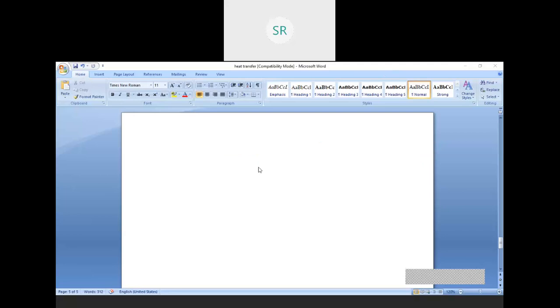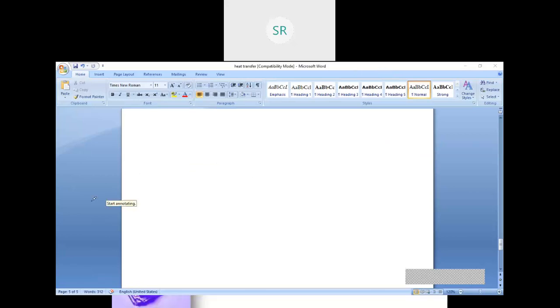Okay, so now I'll take a rectangular structure. Say this is the y direction, this is the x direction, and this is the z direction.